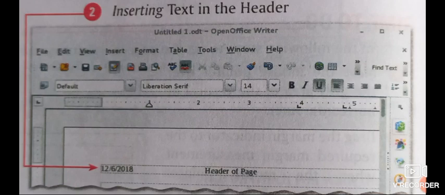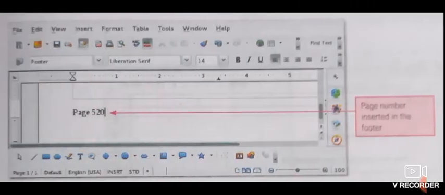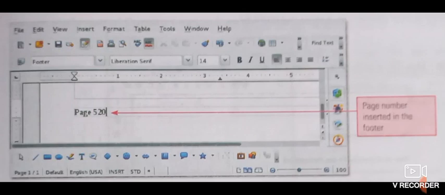Footer. A footer is a section that appears at the bottom of each page. Just like the header, we can insert anything in the footer. This information is shown at the bottom of every page in the document. A footer usually includes the page number and document name. To add a footer, we click on the Insert tab.